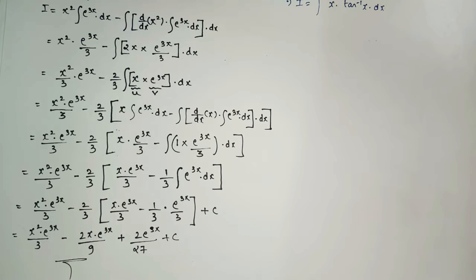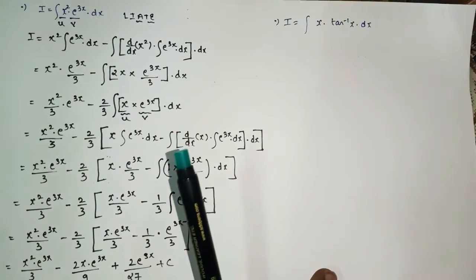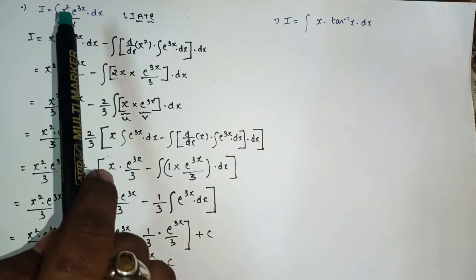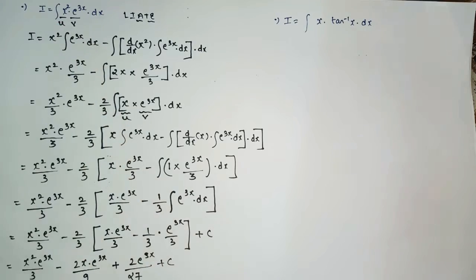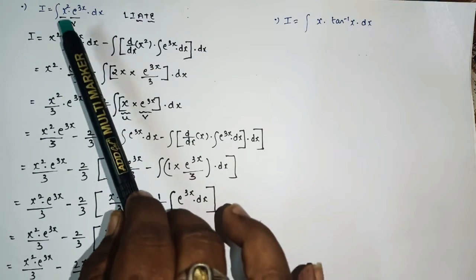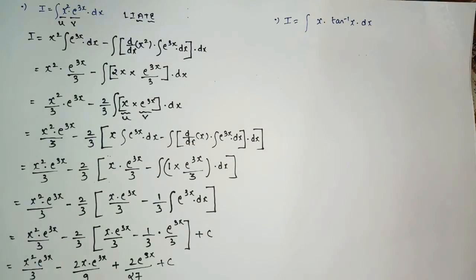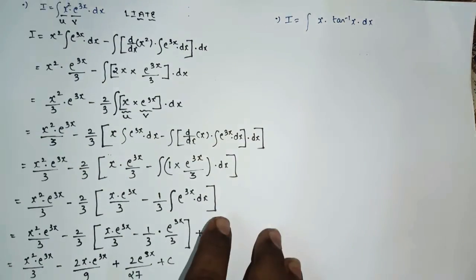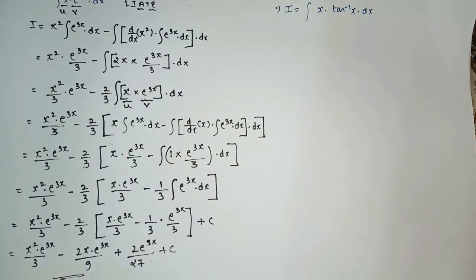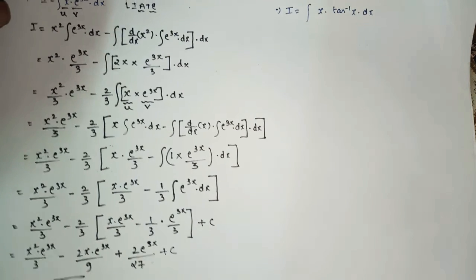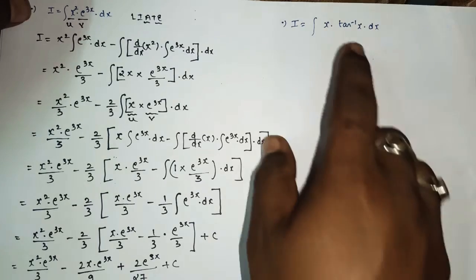So in this way, you can present your sum in the board exam. As clearly we took two examples based on x square. As the power of the algebraical function increases, that many times you have to apply the u into v rule. If suppose your x square is replaced by x cube, then in that particular question you have to apply the u into v rule 3 times. Okay, got the point? Understood the concept? Okay, so let's move on to the next part.